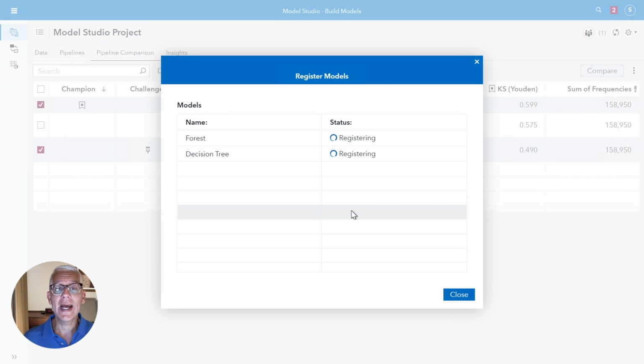And now what's happening is information from both of those models is being moved from Model Studio into another Viya application that's called SAS Model Manager. So a whole bunch of important information about those particular models is being moved over. And SAS Model Manager really allows us to streamline the managing and deploying and monitoring and operating aspects of using